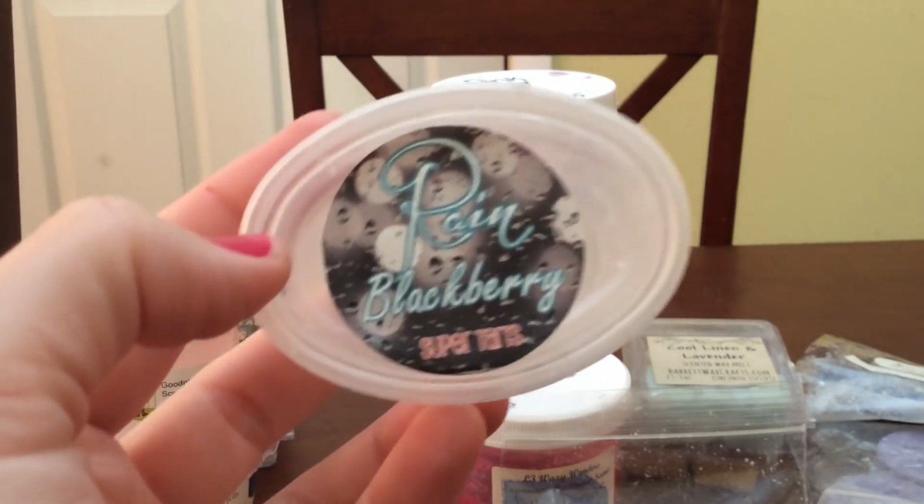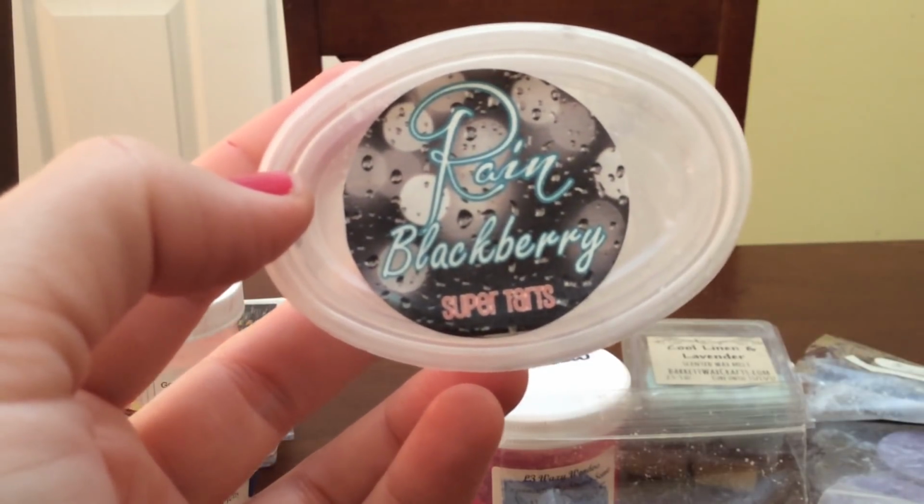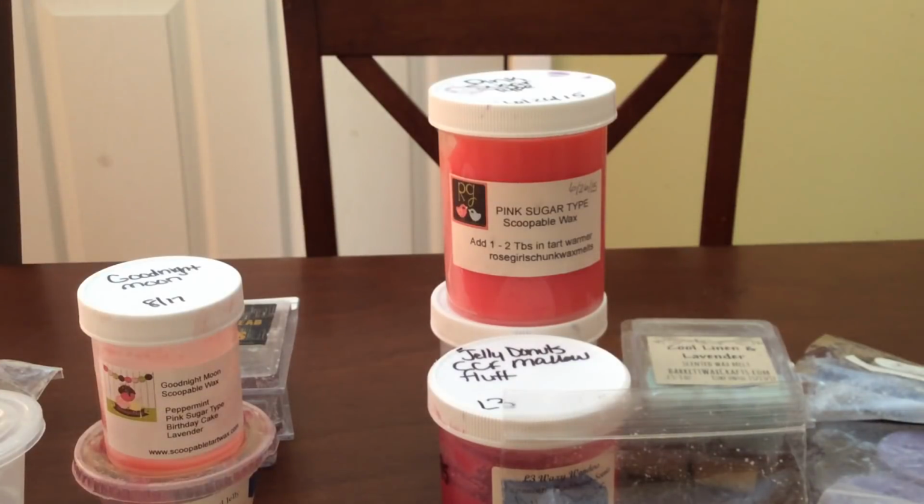And then I finished Rain and Blackberry. I almost cried because this is not stocked regularly. I think it's only been seen in band bags once or twice. It is one...